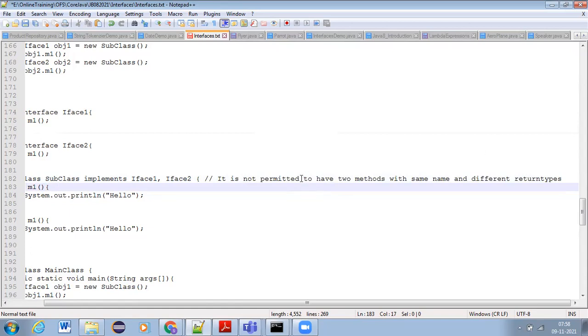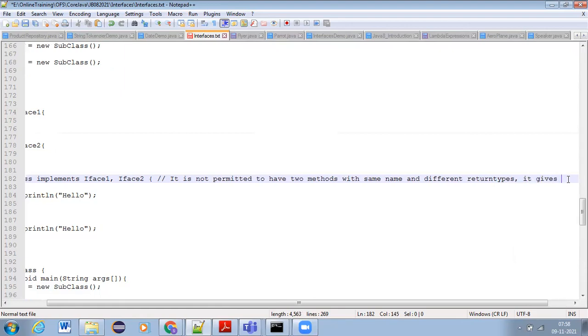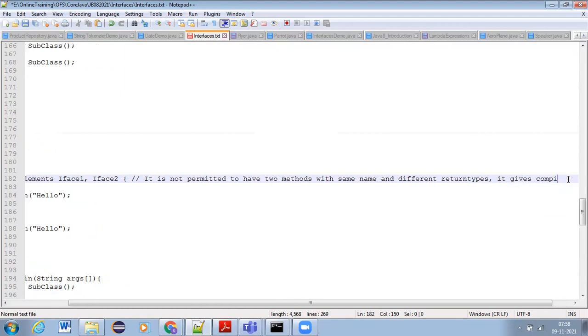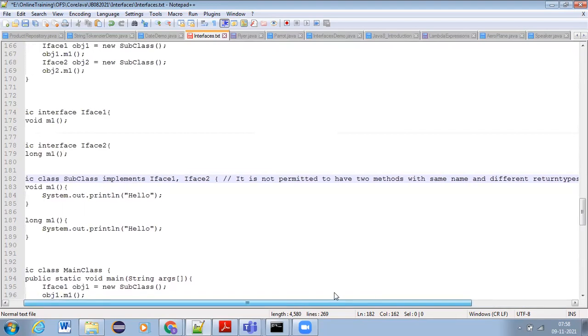Not permitted means compilation error. It gives a compilation error. A very important point, guys.